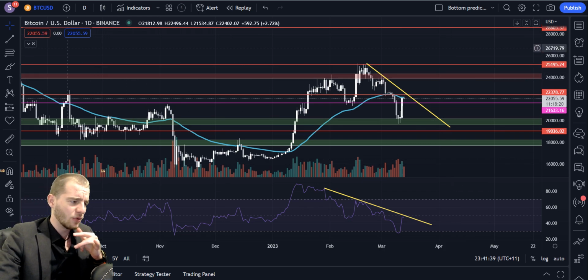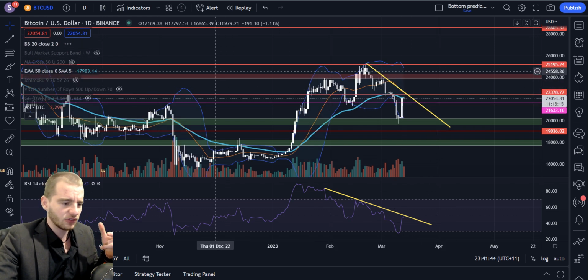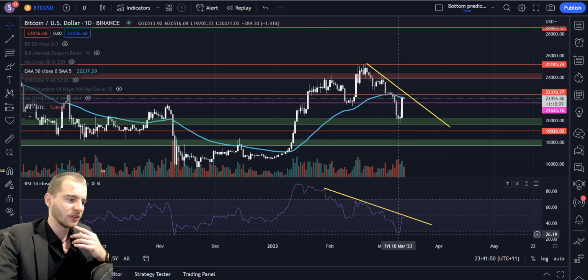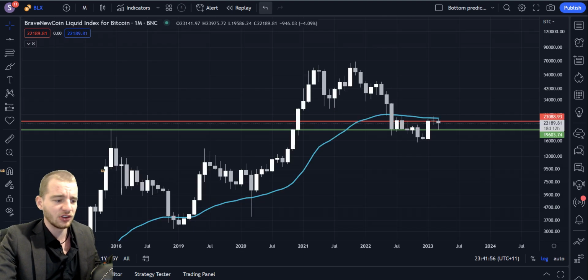It was pretty clear we were going to see a bounce, and the reason being was we had Bollinger Bands showing us we were extremely oversold. We had volume starting to decrease in the downwards trend, and we were reaching very oversold levels on the RSI, as well as a few other things that we've looked at quite extensively, and just discussing sheer support in that